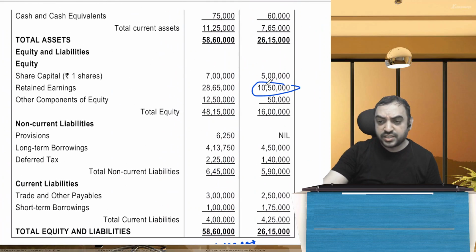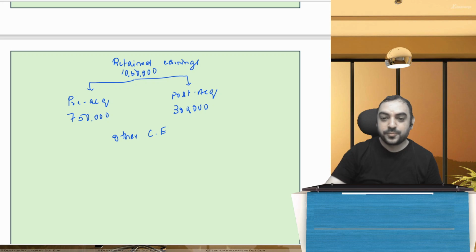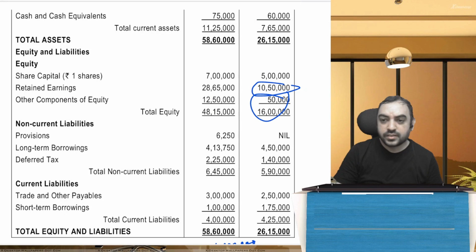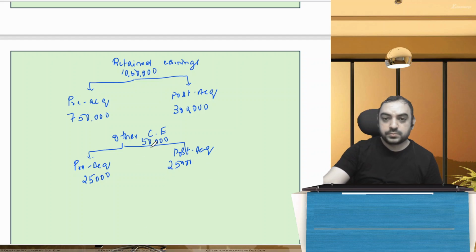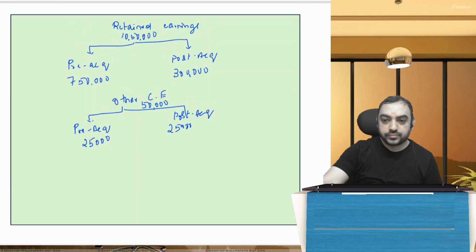On the date of balance sheet, it is 50,000. 50,000 is the balance sheet amount, 25,000, 25 million. 25,000 is pre-acquisition and 25,000 is post-acquisition. Okay, great. So this is regarding